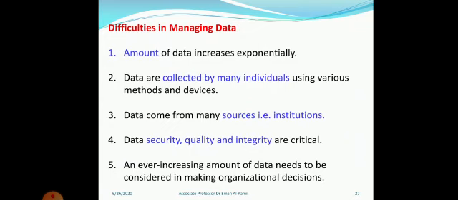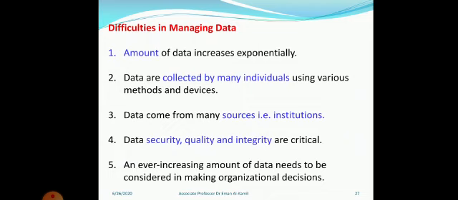So these are important causes when the source of the information is incorrect or incomplete, and this is one of the most important problems in the health information provided by health institutions or healthcare services: incorrect or incomplete. There is always some missing information, and this leads to misinterpretation of the data. An ever increasing amount of data needs to be considered in making